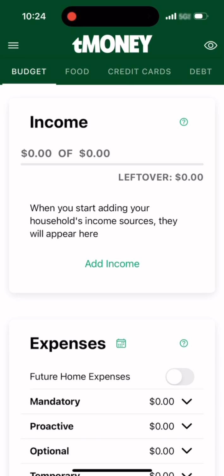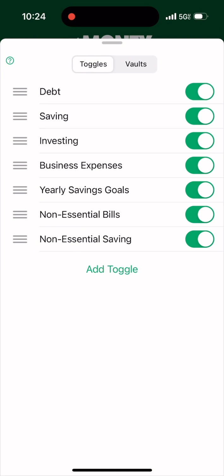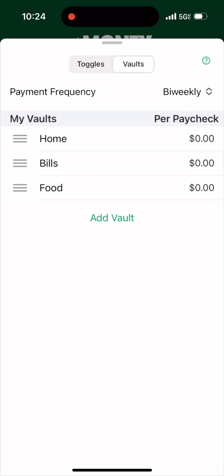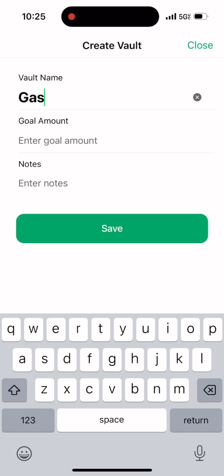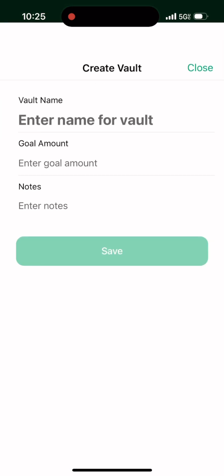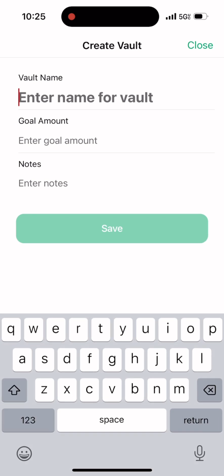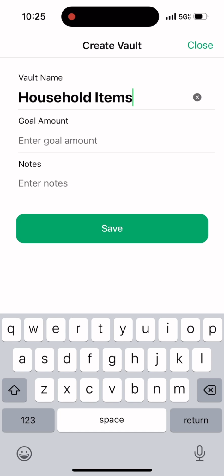All right. So the first thing that you want to do is go ahead and start setting up your vaults. So you're going to slide up on the slide up menu. You're going to tap on the vault section, and here you're going to list out all your different vaults. Now, vaults is a feature in SoFi Bank where you can have 20 additional, basically like mini savings accounts within your savings account. Now, me, I've been using SoFi since about 2019, so I already have me a vault system